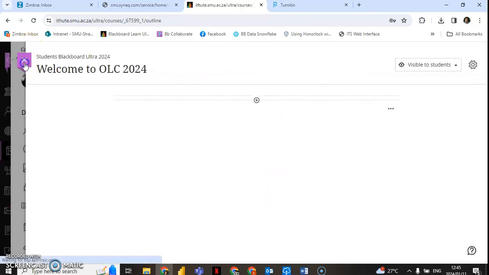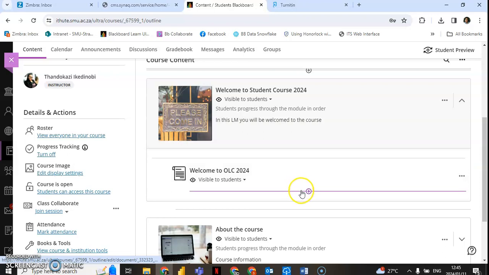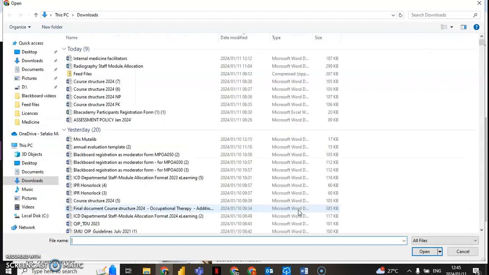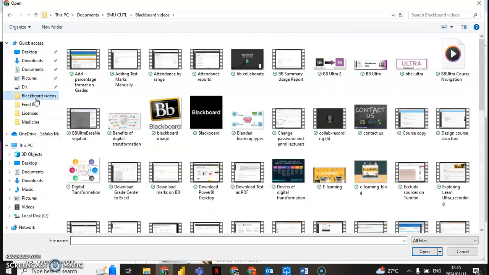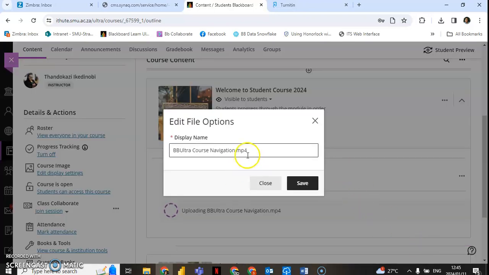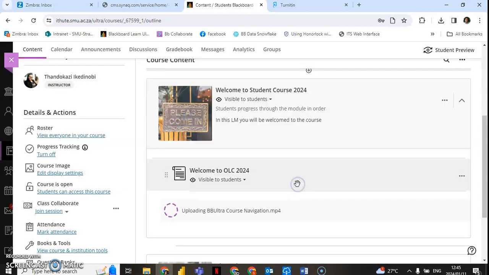You can add a video within your welcome note. Within this learning module, you will click on the plus sign. You just click on upload. You have your videos created or saved wherever you have saved your videos. You just click on the video and then you just click on open. Your video will be uploaded within that learning module. You can change the name to say welcome video, welcome note, and then you click on the save button. You make your video